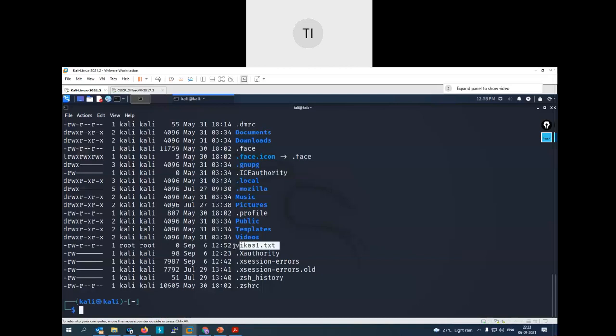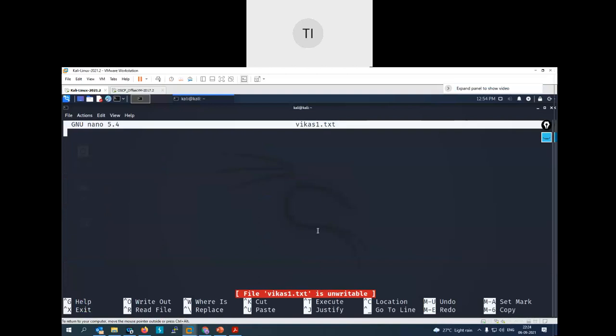Did it just change it for you? Yes, renamed it, right? Nano vikas.txt. And what is it giving you? Can you see an error here in red? It is telling you the file is